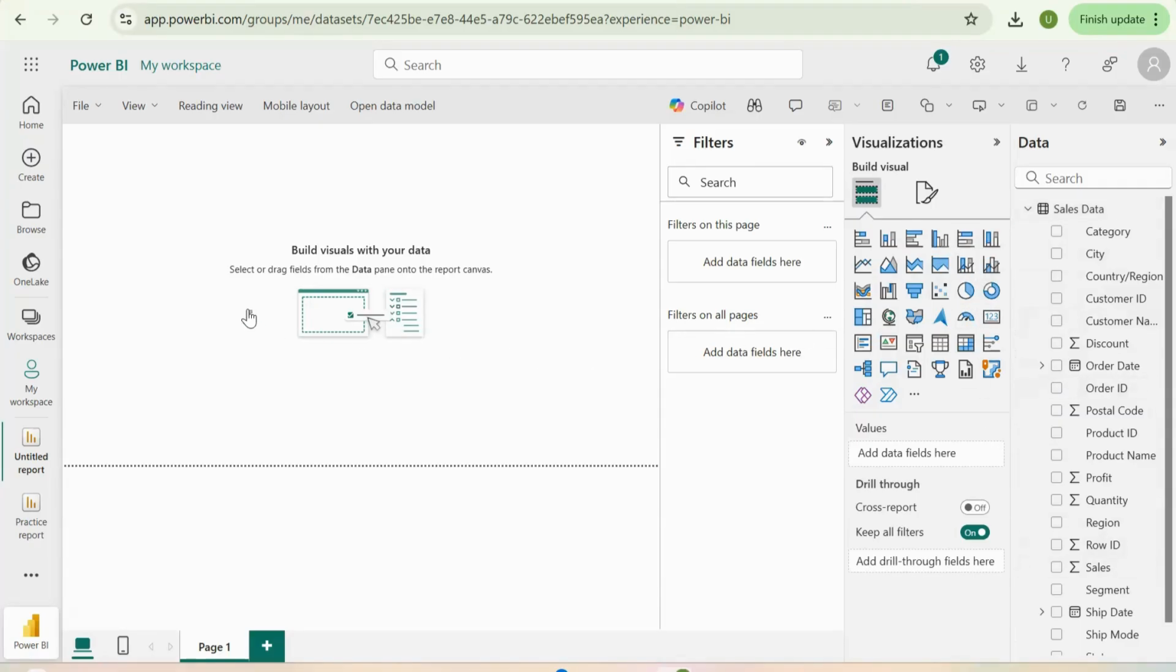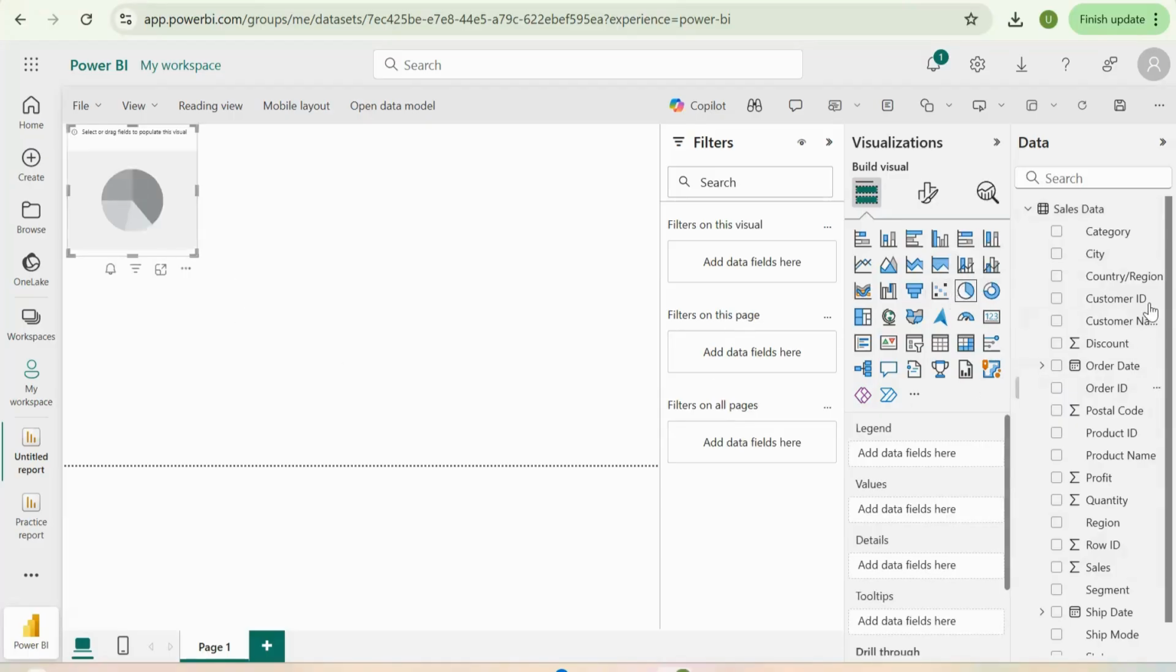So first we will drag a pie chart over here. Just click on this, this is a pie chart. If you hover your cursor over it, you will get to know which visual it is. So we have a pie chart on our dashboard. Here in the visual panel you can see